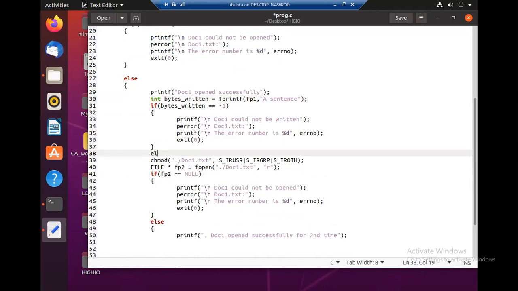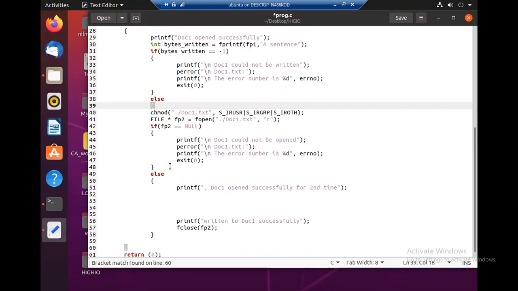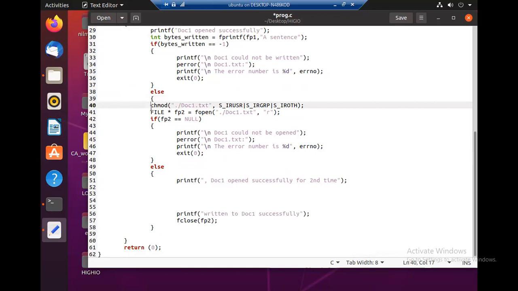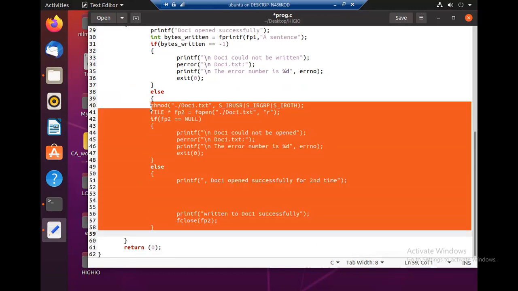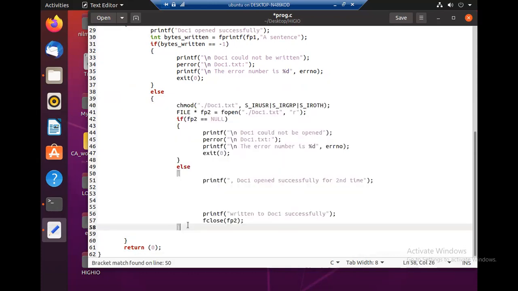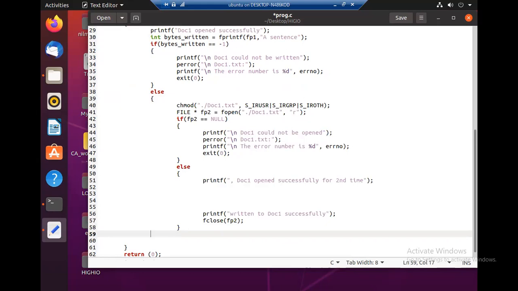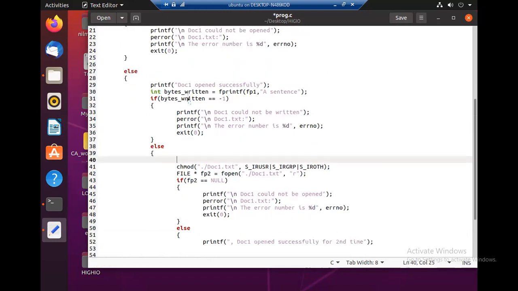Otherwise, we'll say printed successfully or whatever. So these should be inside this. Right, so we'll print a success message.